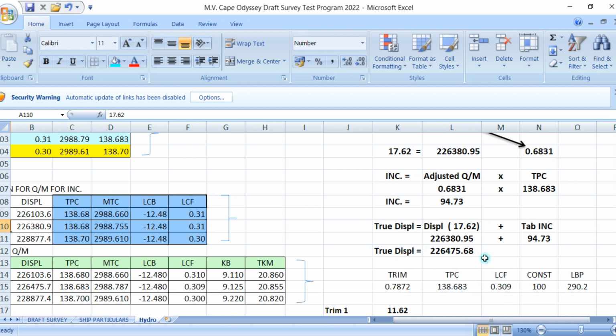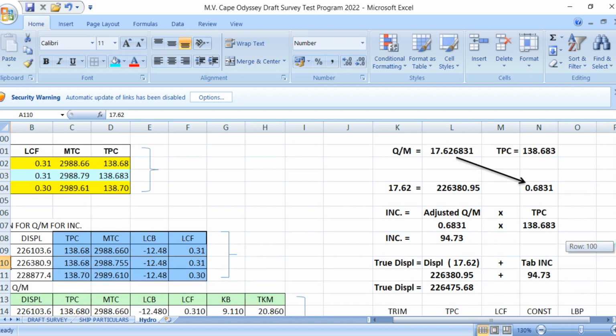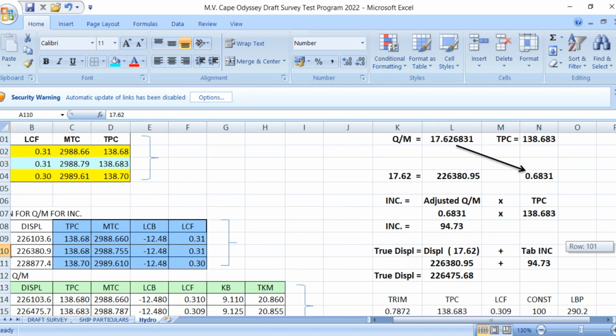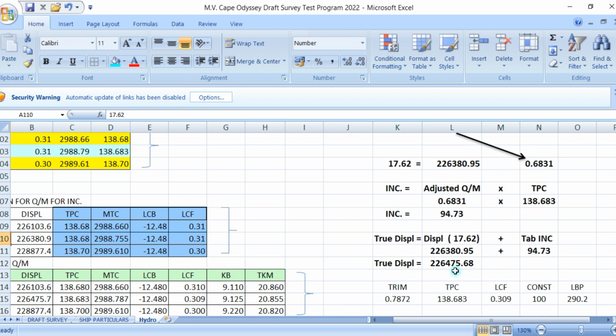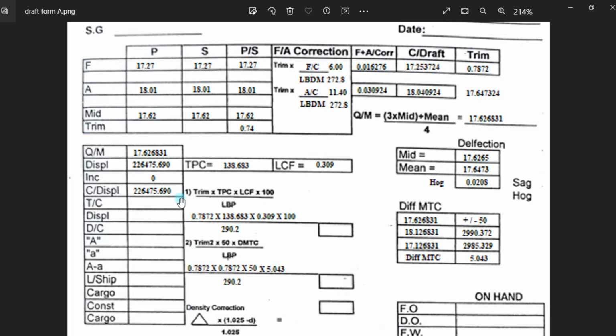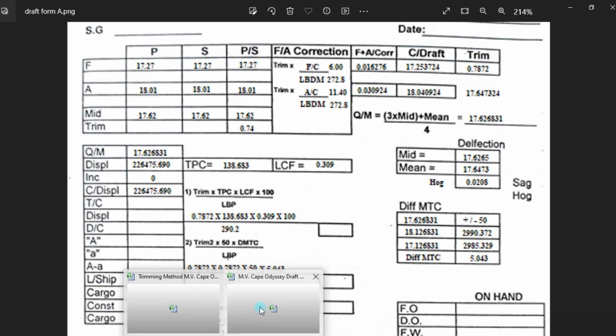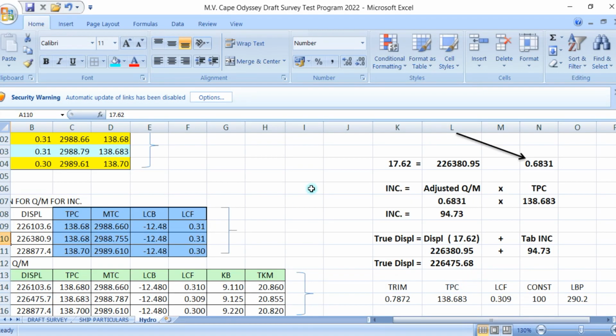This will be your displacement, which is the same as your quarter mean displacement, which is 226475.69. We have 68, but the other one we have 69, but almost the same. Okay, so there's two ways you